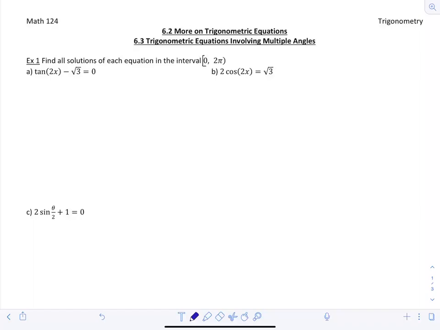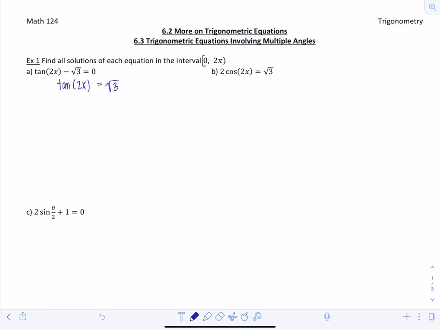So example A, we have tangent of 2x minus rad 3 is equal to 0. Okay, so we'll begin this problem just like we did in the last section, section 6.1. Make sure you are comfortable, you've watched that video and done the homework assignment before you move on to this section. So we're going to isolate the trig function, so I'm going to write tangent of 2x is equal to